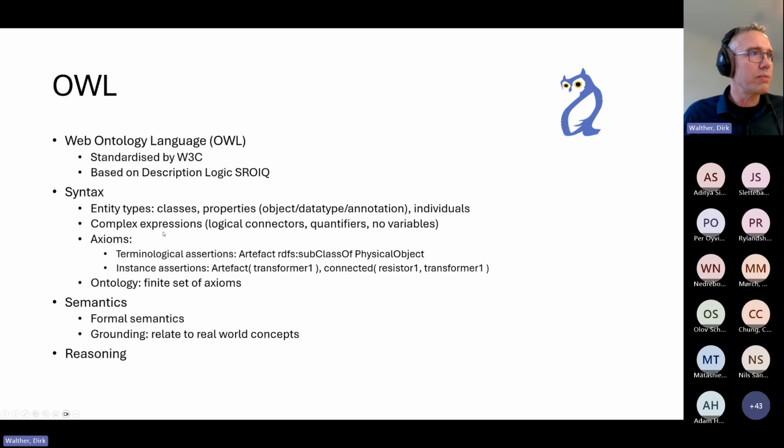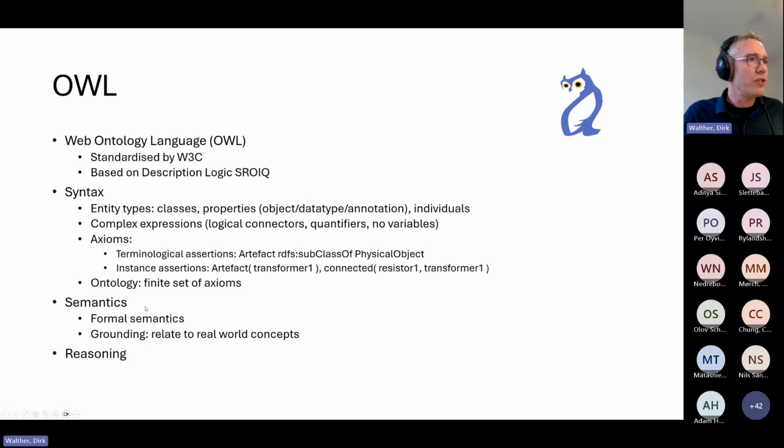There are two types of axioms: terminological axioms, things that say something like an artifact is a subclass of a physical object, where artifact and physical object are both classes. Or we can have instance assertions, which are of the form a transformer individual is a member of the class artifact, or a resistor and a particular transformer, again two individuals, are connected to one another via an object property.